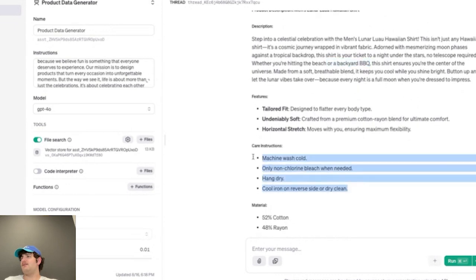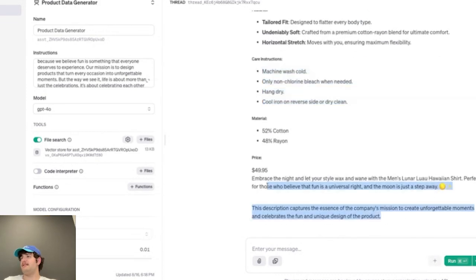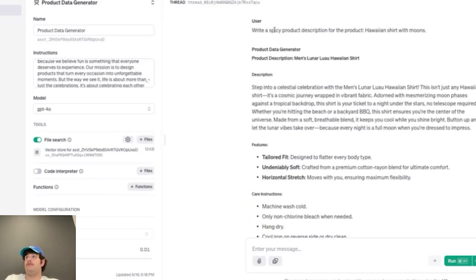These looks, did we have care instructions before? I don't think we did. And I know we definitely didn't have these sections down here in the last run. So you can see how even a small change in our instructions can give us outputs that have variation in them. And while that might not look very different to us,